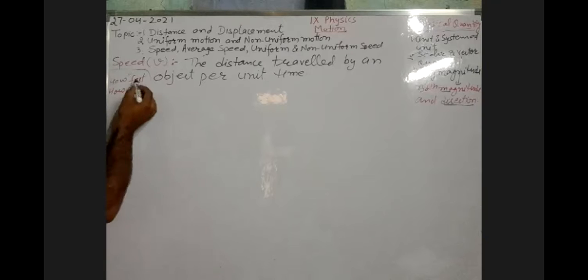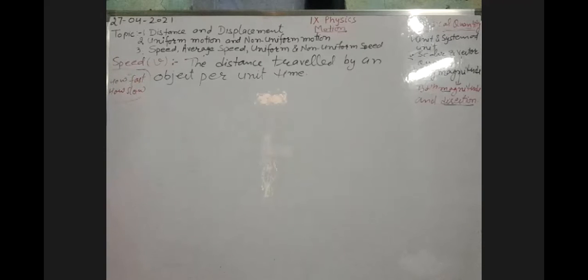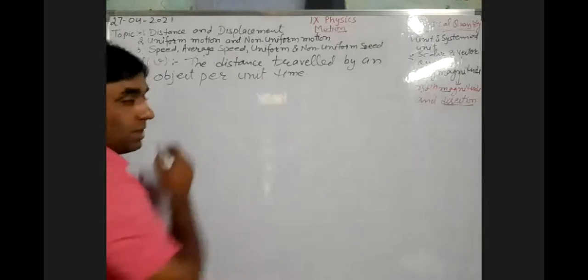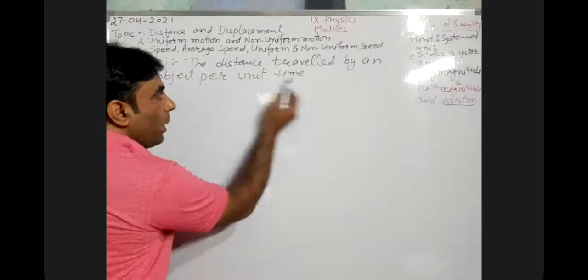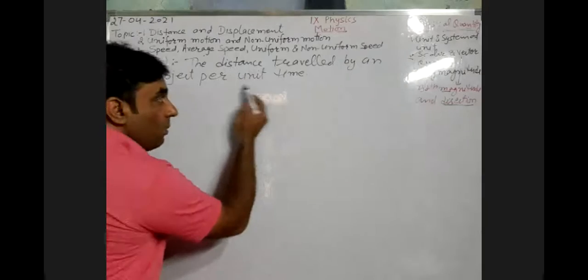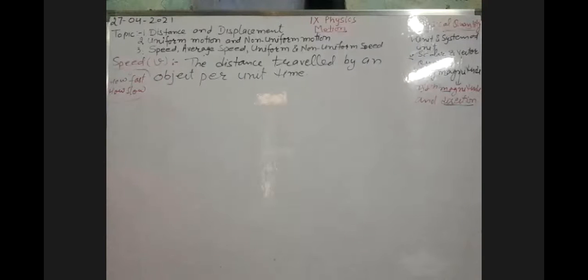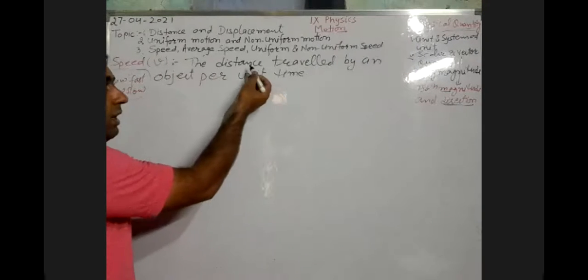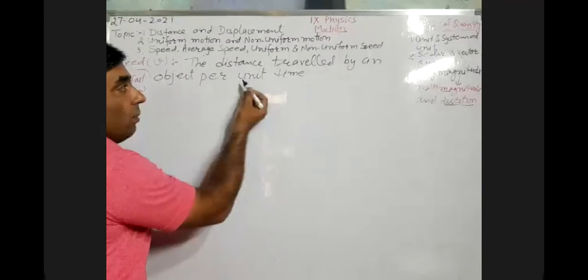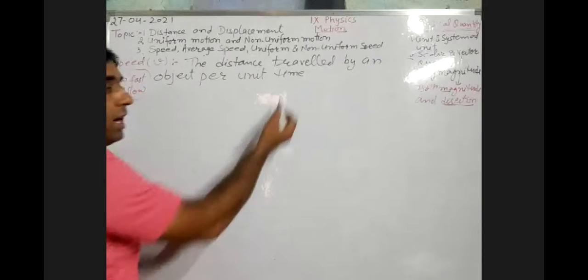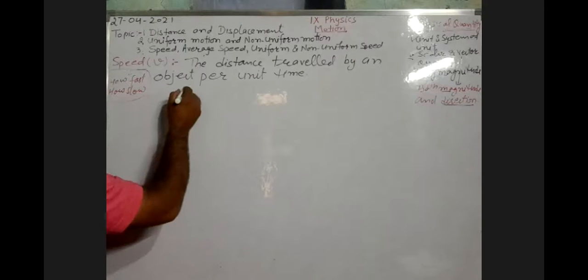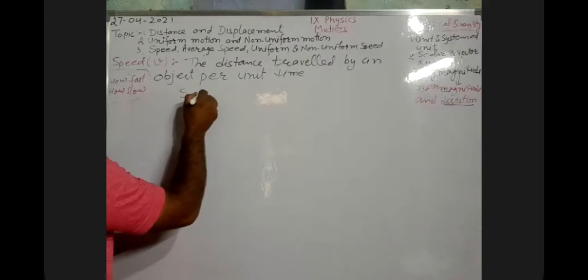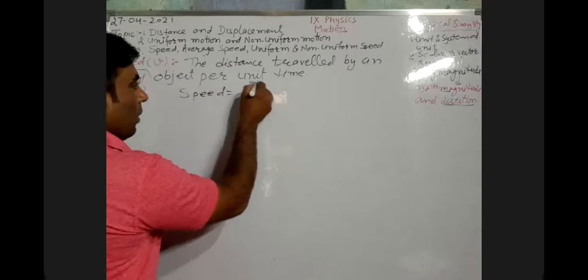So how fast or how slow that object is moving, and how we will calculate this mathematically: we just calculate the distance, and when we divide that distance per unit time, it means the distance divided by time is known as speed. So another definition you can write mathematically: the distance traveled per unit time, or distance traveled divided by time, is known as speed. So we can write mathematically that speed is equal to distance